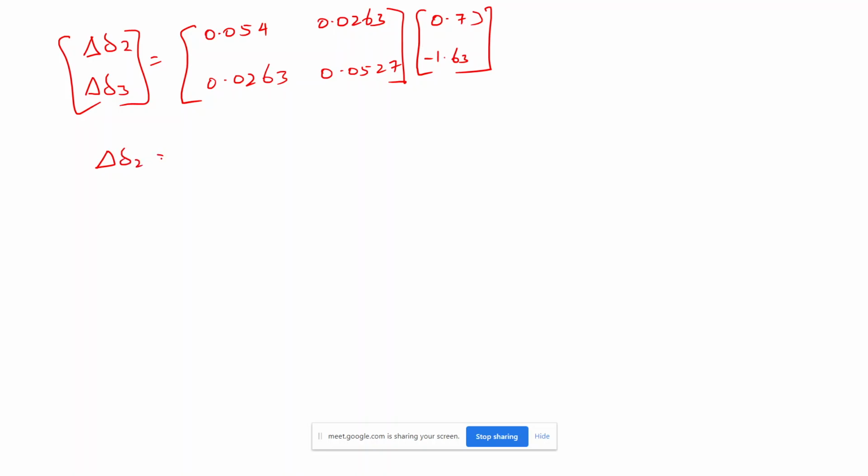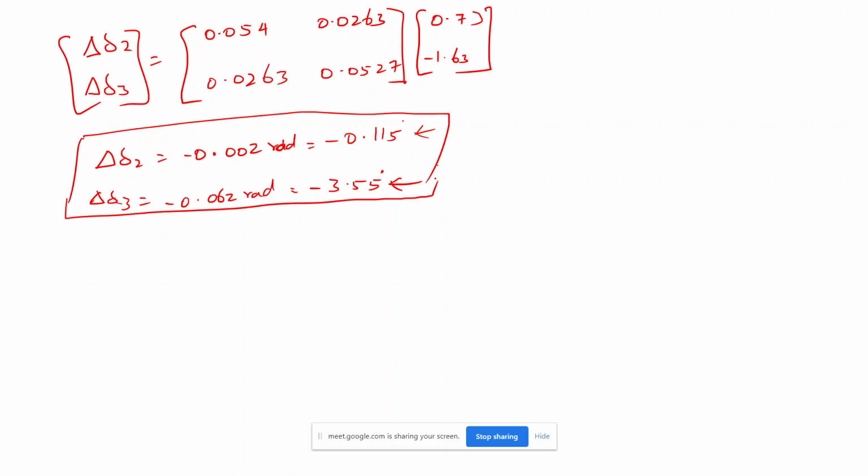del 2 is equal to minus 0.002 radian, but this is an angle, we need to convert into degrees. So if we convert to degrees, you will get 0.115. You will get a very near value like this. And then del 3 is equal to minus 0.062 radians, minus 3.55 degrees. You will get this value. So this is the final value of